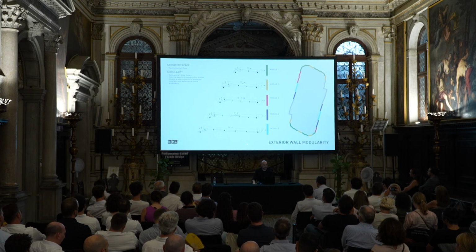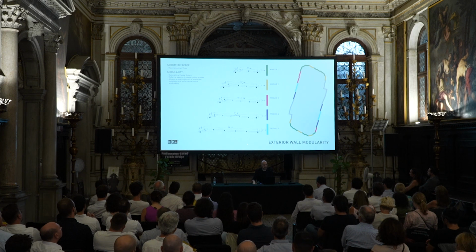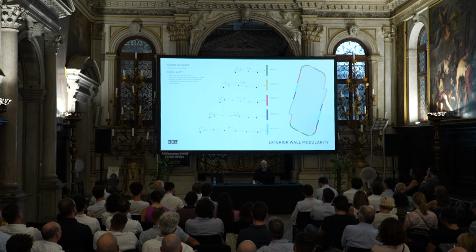In addition to that, we have used the serrated facade layout to maximize the view opportunities for the future tenants of the buildings. This serrated design is further rationalized for this unitized window wall system itself